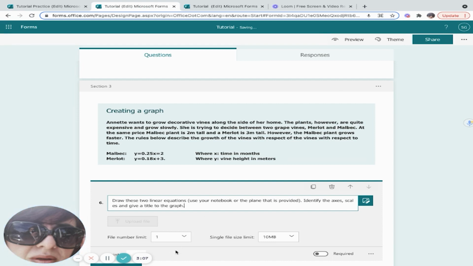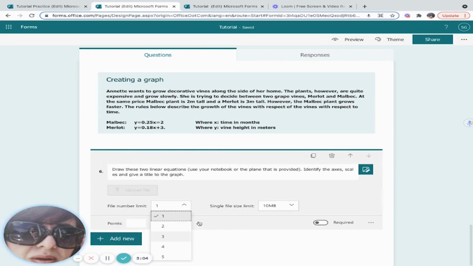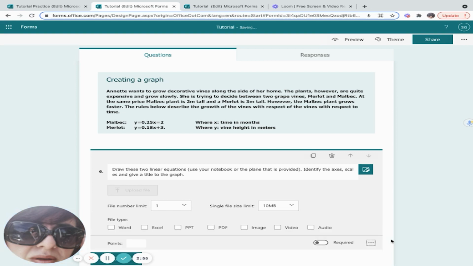Okay, and I can customize again the number of files the students can upload, the size that I want them to upload, but I can further customize by indicating the file type. Now, in this case, it's a graph. So it's very difficult for a student to graph in Word. They can do it in Excel. There are other ways that they can upload, like if they turn another graphing tool into a PDF, they'd be able to do it. Worst case scenario, they write in their copybooks on a piece of paper. They take an image and they send it to you.